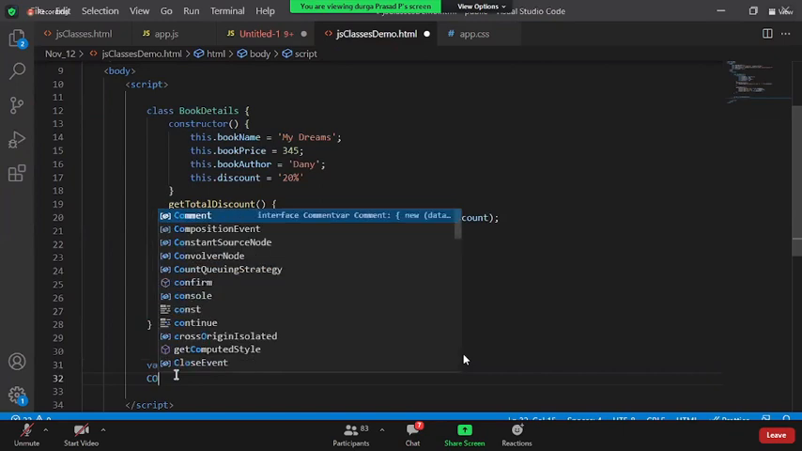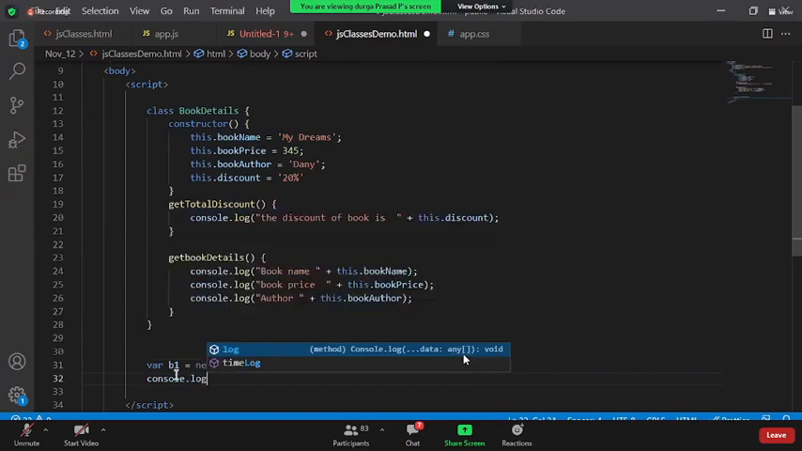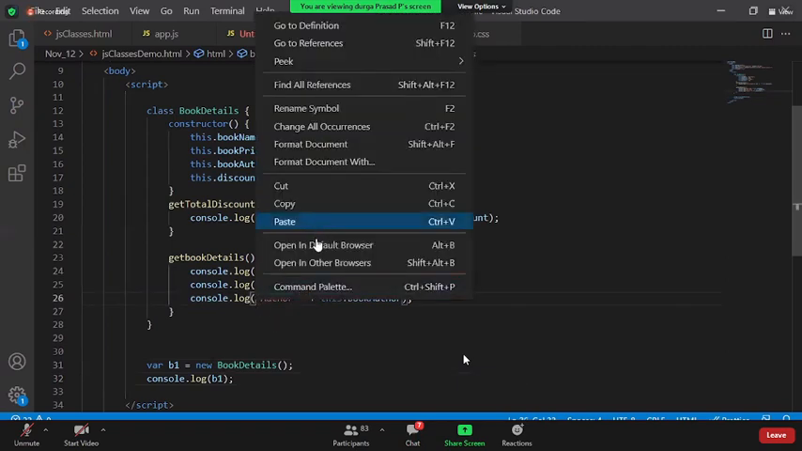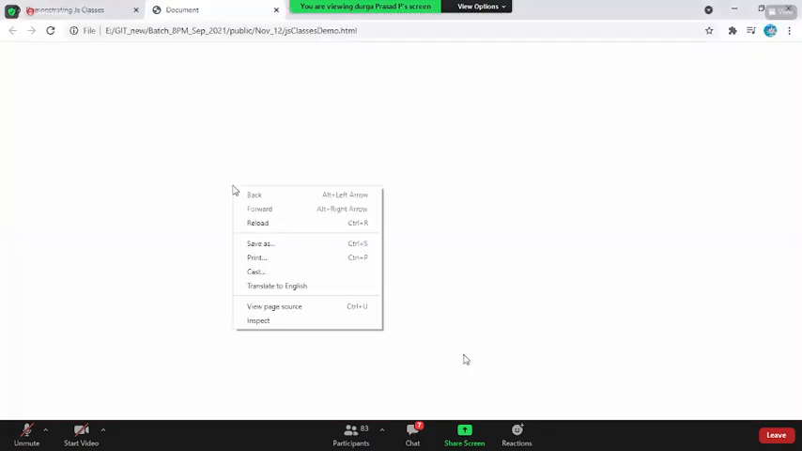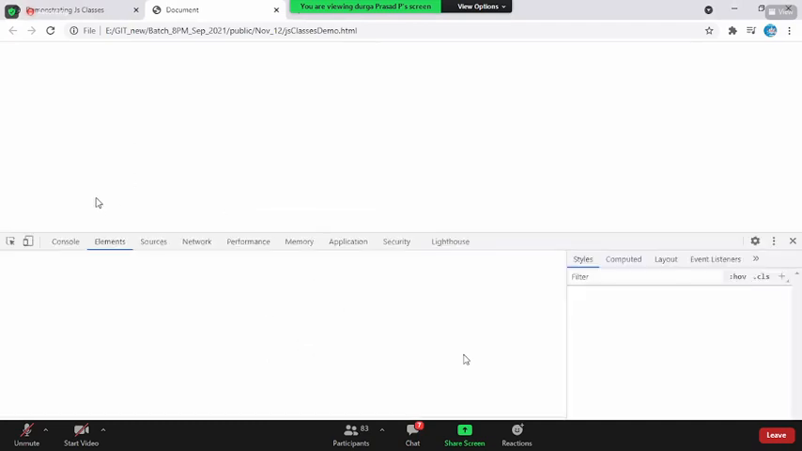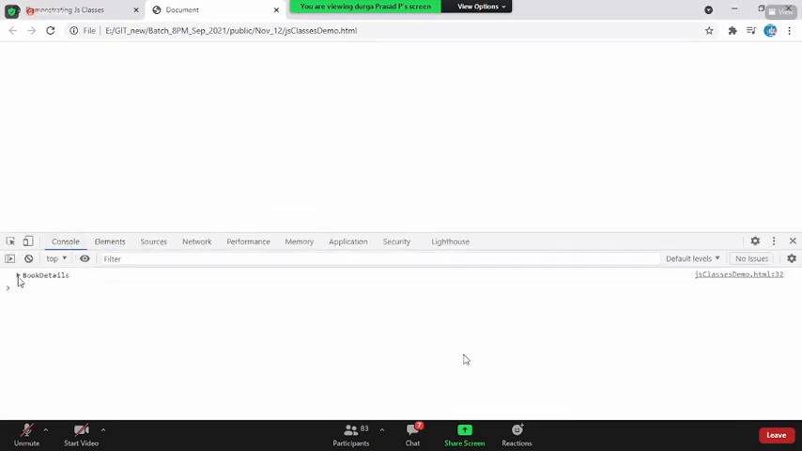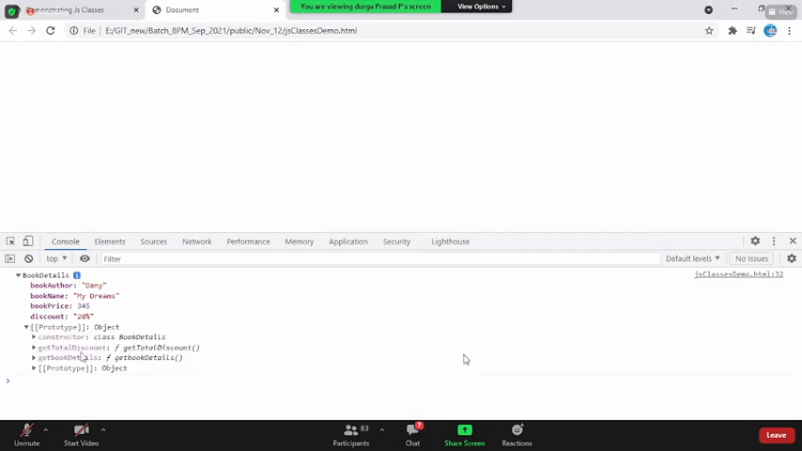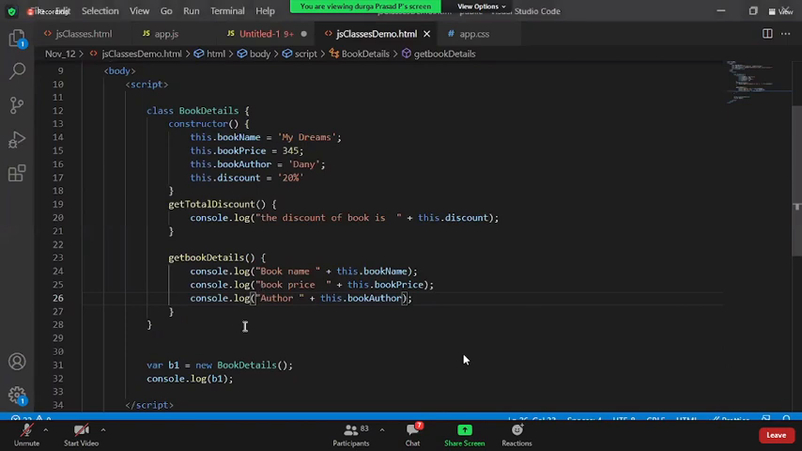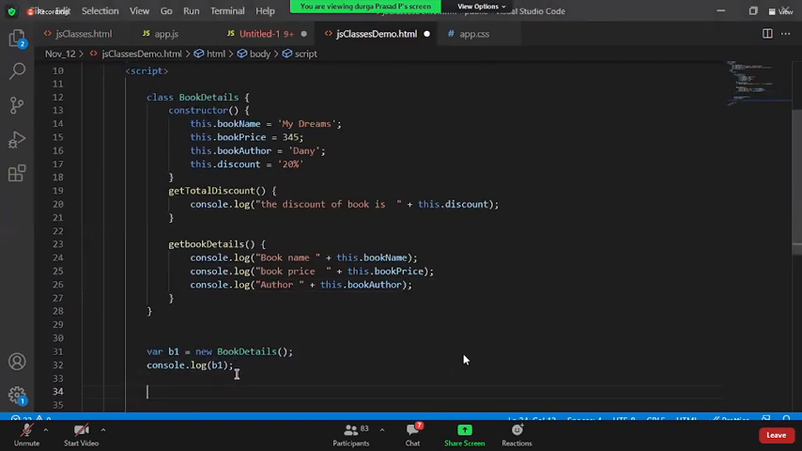Now, if you console.log b1, let us see what structure it is going to throw. Open in the browser, inspect, go to console, and you see b1 is something like this. Once I open it, the b1 object has 4 properties followed by the behaviors. Yes. Now the advantage is, if I have to create the object for the second book, I